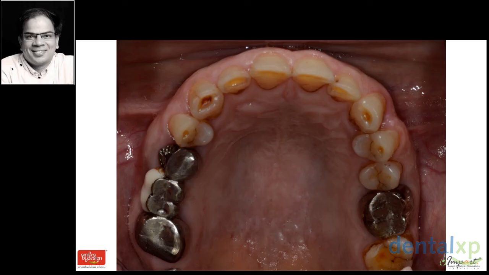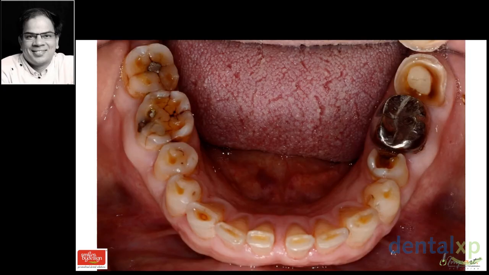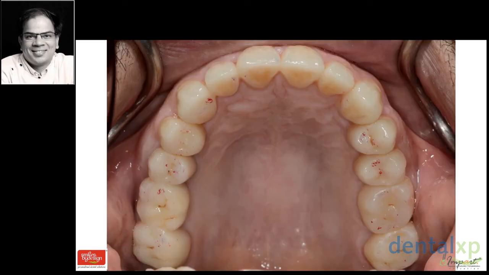That's the lower jaw, and we saved that lower left 7, which was a questionable abutment for us for the time being, with a crown, and we hope that it will survive for 4 or 5 years. If not, we are all set to get that out and do an implant later. The patient is ready with that. That's the 8 micron contacts being established on the upper teeth, canine backwards. Each tooth should have a 1 good at least, and that's what we are trying to achieve.